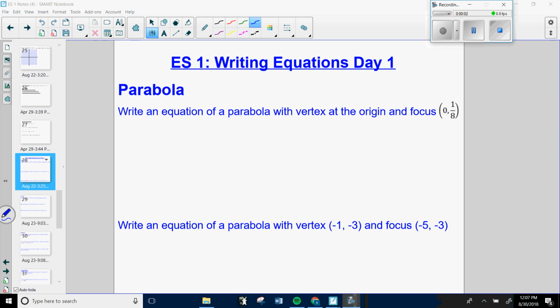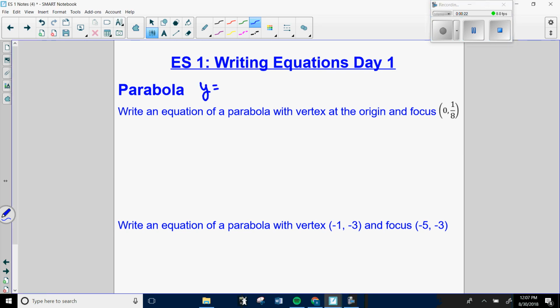Okay, this first lesson that we're going to talk about today is how to write an equation of a parabola. So you're going to be given some information about a parabola, and you're going to have to figure out how to write the equation in standard form. To remember what an equation in standard form looks like for a parabola, it's going to be y equals